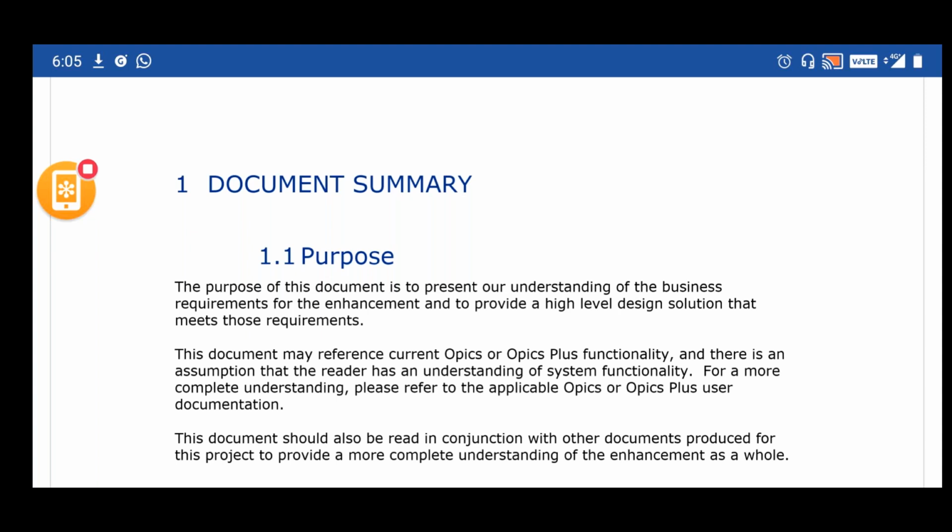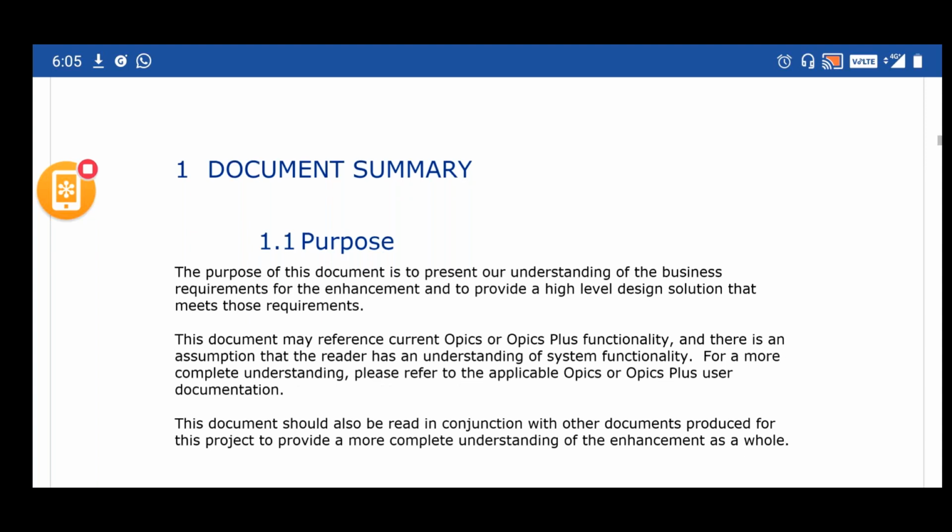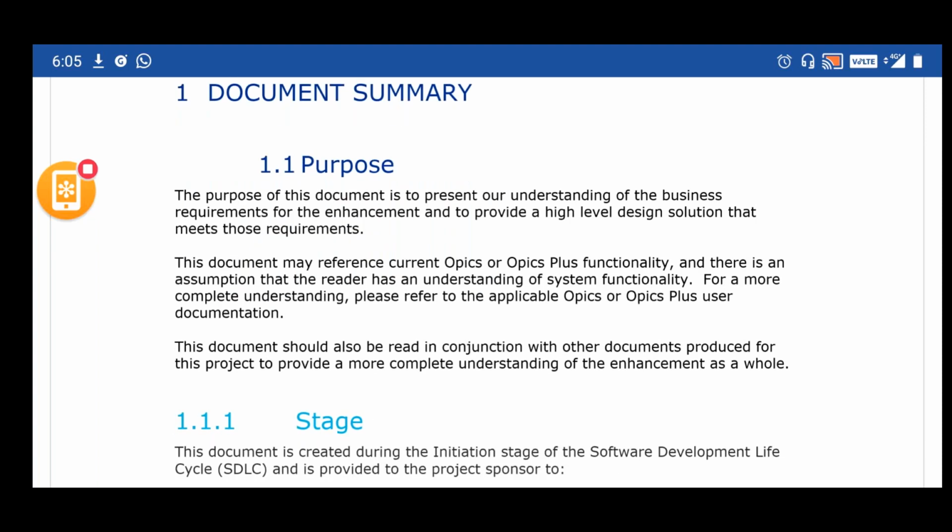Now, if you look at a functional spec, what exactly goes under a functional specification document? First, the document summary, which defines the purpose of the documentation. The purpose is that this is a requirement document which details all the requirements for the project.